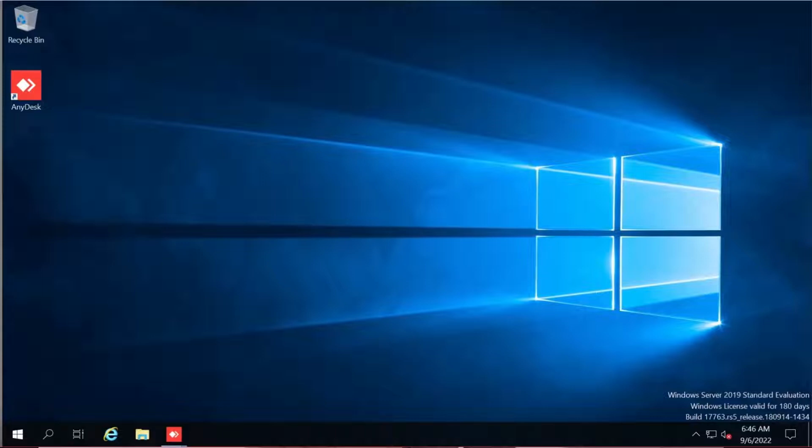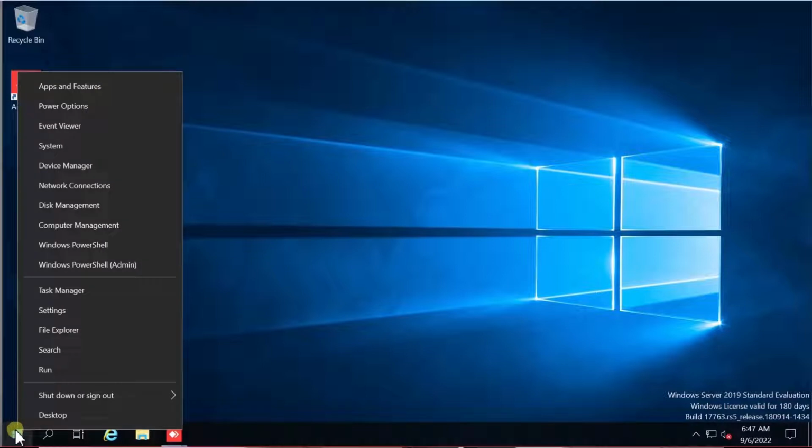In a Windows client operating system, you can usually create a user, and once you enable the remote desktop services, the user will be able to access them. But in Windows servers, there's a bit of a different configuration that you need to do. So first I'm going to show you how to create a user in Windows Server